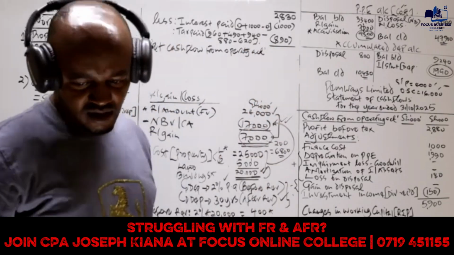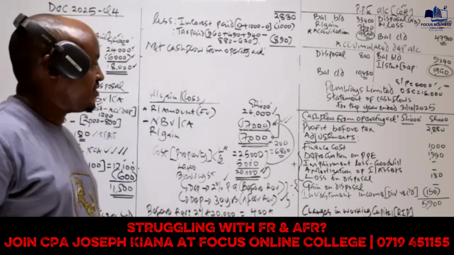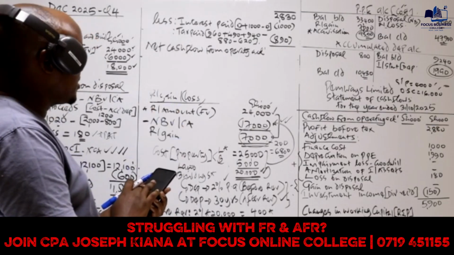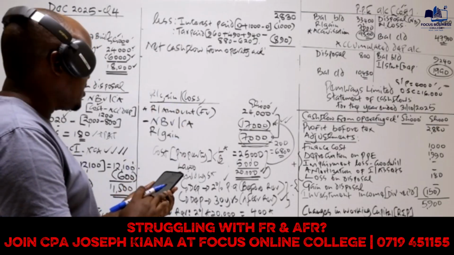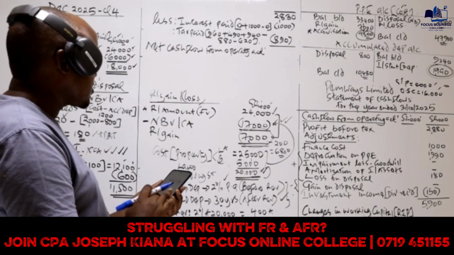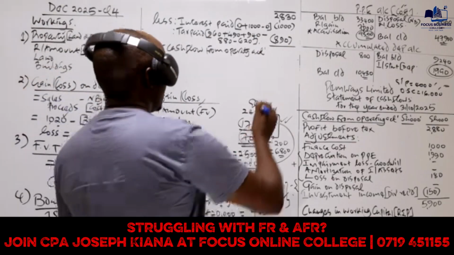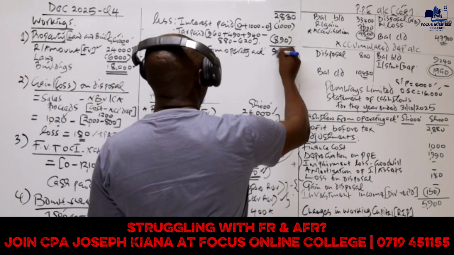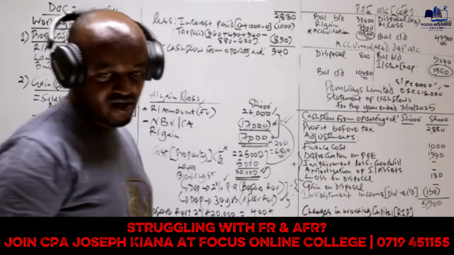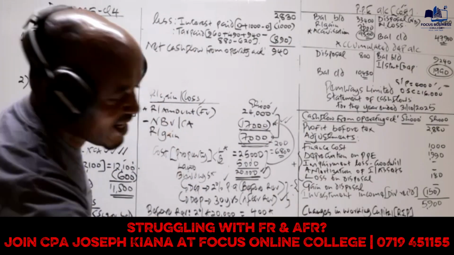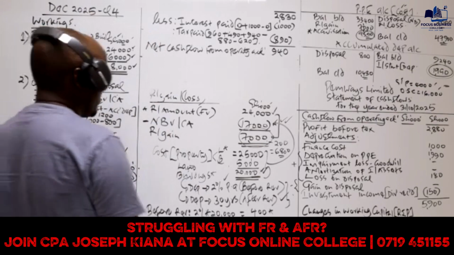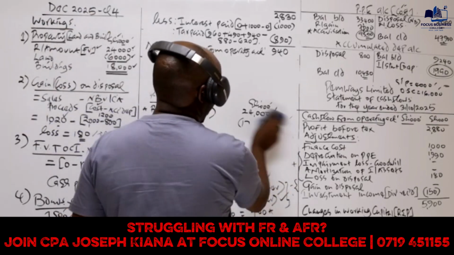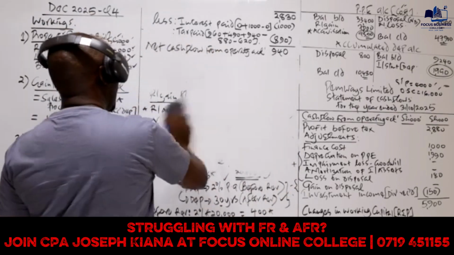Net cash flows from what? Operating activity. So we need to work out that. So we have 2830 minus 1,000 minus 890. So basically this one will give us what? Will give us 940. The net cash flow from operating activity. So next, we determine the net cash flow from